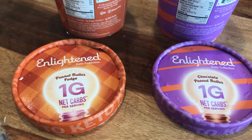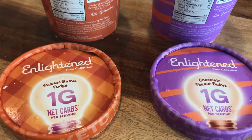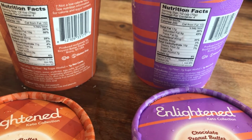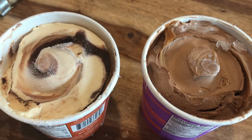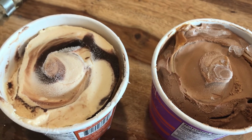Now on to our last two flavors. A little bit confusing, they're very similar. There's peanut butter fudge and then chocolate peanut butter. And if we look at the ingredients, they both have peanuts and Dutch cocoa. So what's the difference? It's basically one is chocolate ice cream on the right, the chocolate peanut butter one. And then the one on the left, it's more like a...